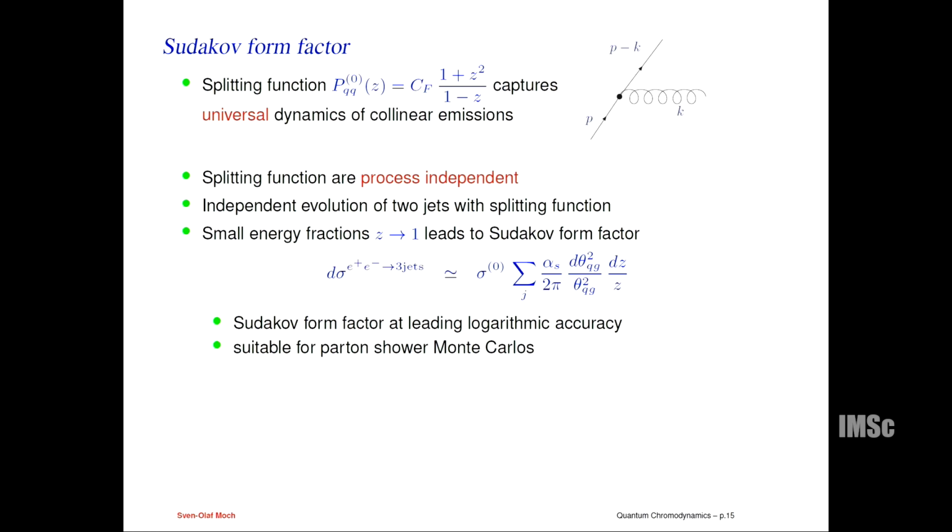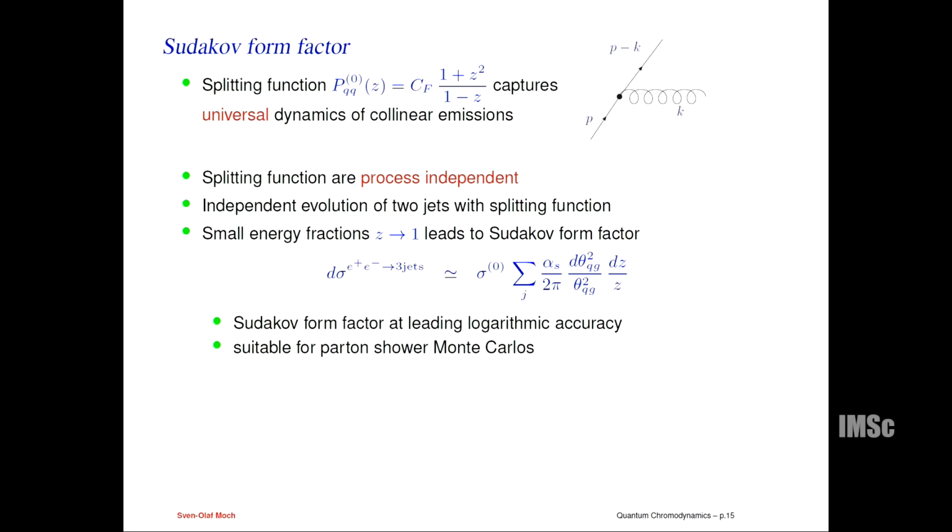As a form factor, because you can resum it and exponentiate, but it's also entirely written in terms of four-dimensional variables, and this makes this form also very suitable to implement in parton-shower Monte Carlos. So then you can take this as a proxy for gluon emission, at least to leading logarithmic accuracy, because here you have simplified everything, so this is just accurate to the leading logarithm. But in this way, you can also model gluon emissions in parton showers.